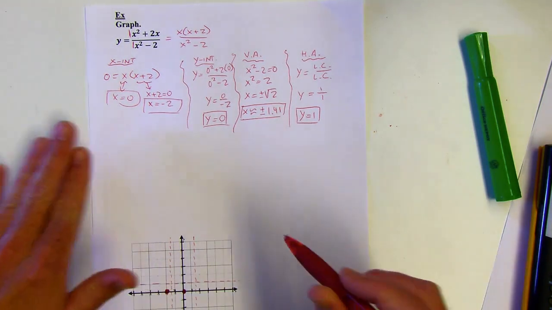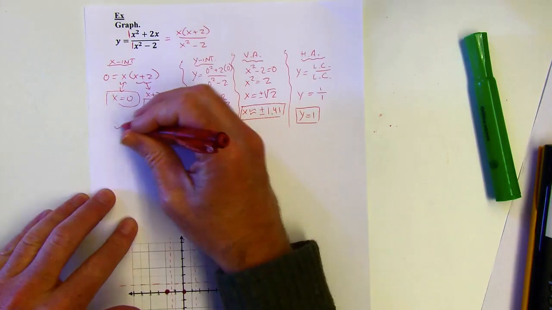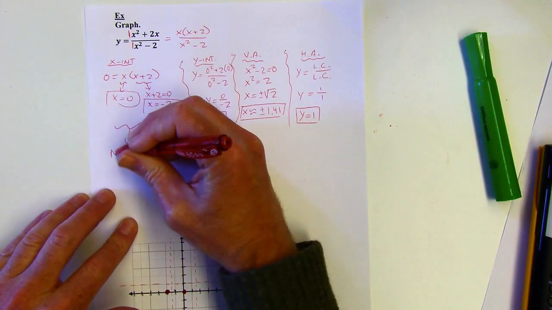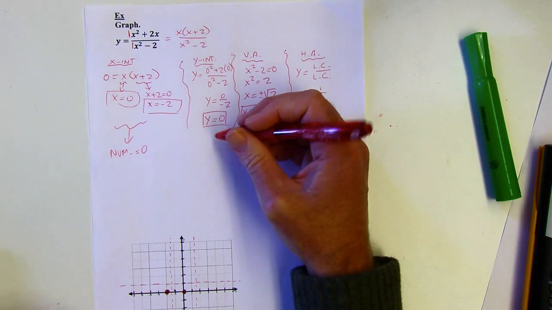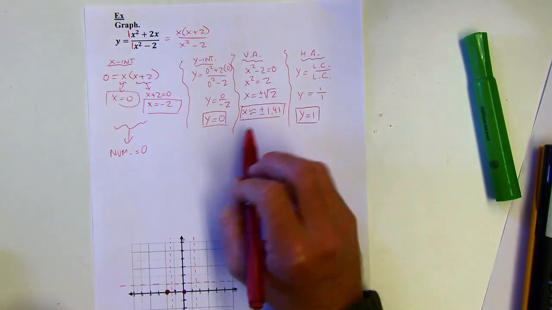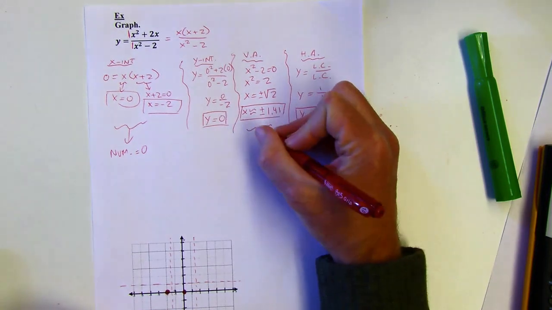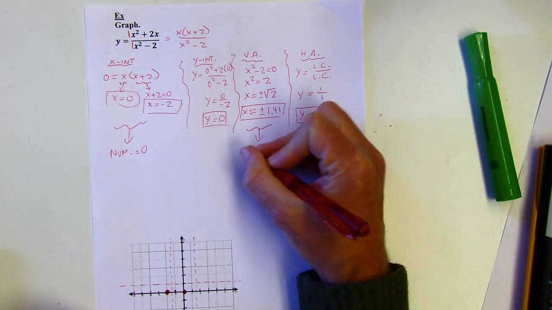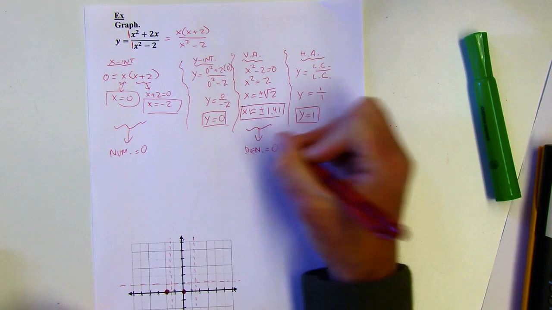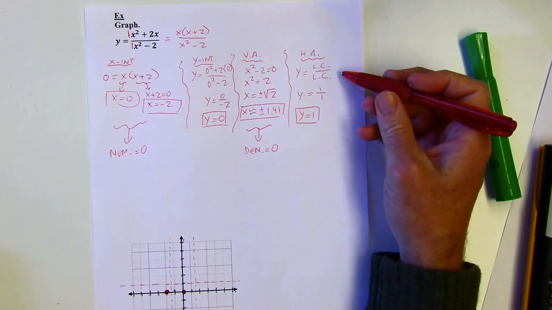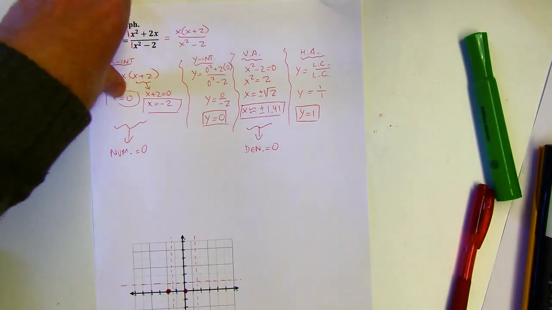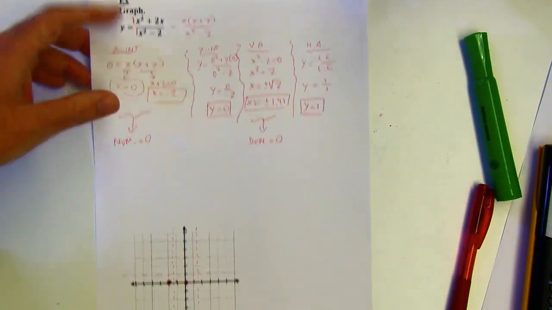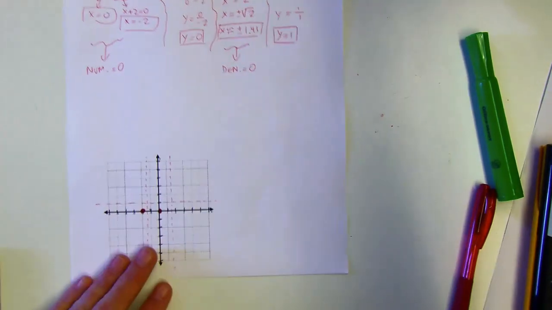in a second. Just to recap, this is when the numerator equals 0. This one I just plugged in 0 for x. This is denominator equals 0. And that was when y equals leading coefficient over leading coefficient. So it's a little bit difficult to tell what exactly is going to happen when we look at everything